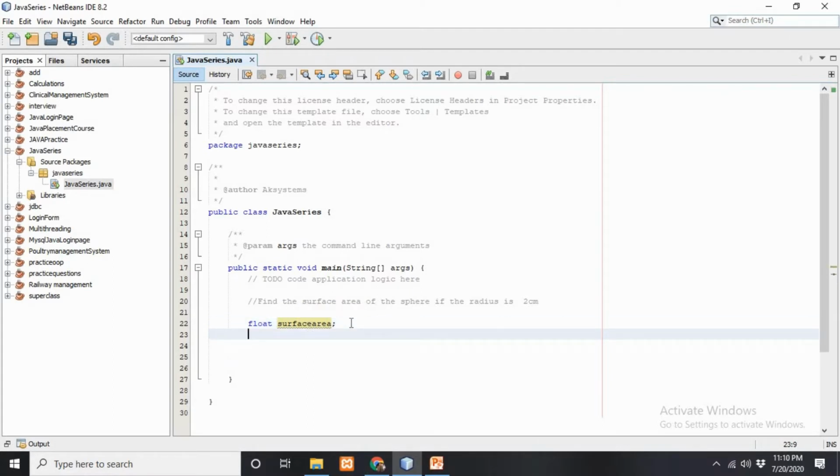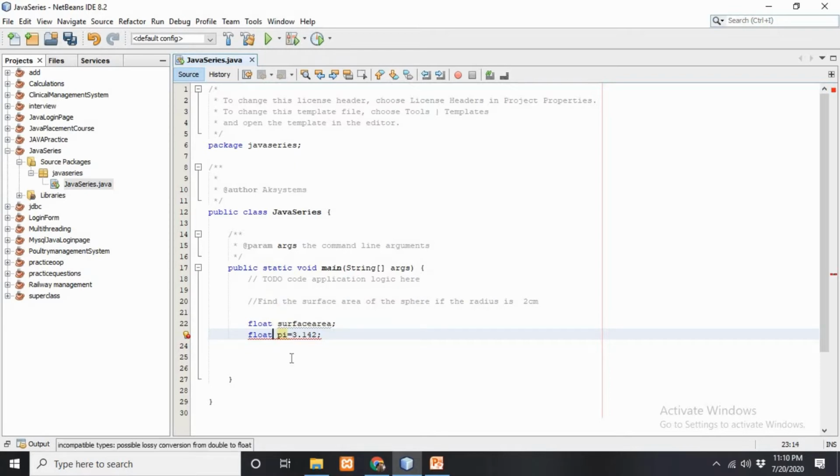Our next variable will be float pi is equals to 3.142. As you all know, the value of pi is 3.142, and it is showing me an error right here: incompatible types, possible lossy conversion from double to float.